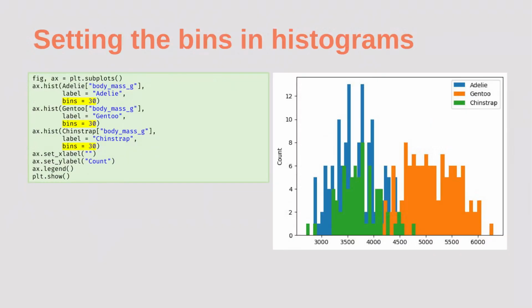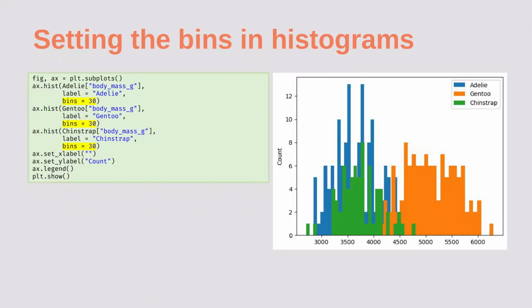You might be wondering how Matplotlib decides how to split the data into bars in a histogram. By default, it uses 10 bins, which means it divides the range of values into 10 equal parts. But we can customize this. If we want more or fewer bars, we can simply pass an integer to the bins keyword argument. For example, setting bins equal to 30 will divide the data into 30 bars, giving us a more detailed view of